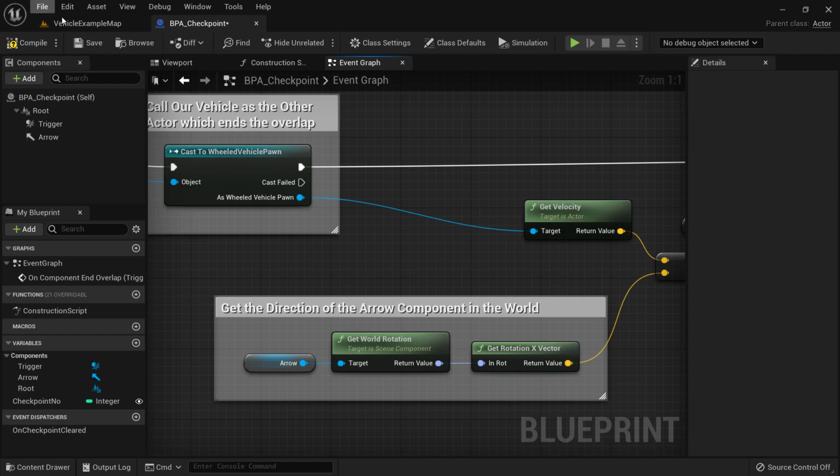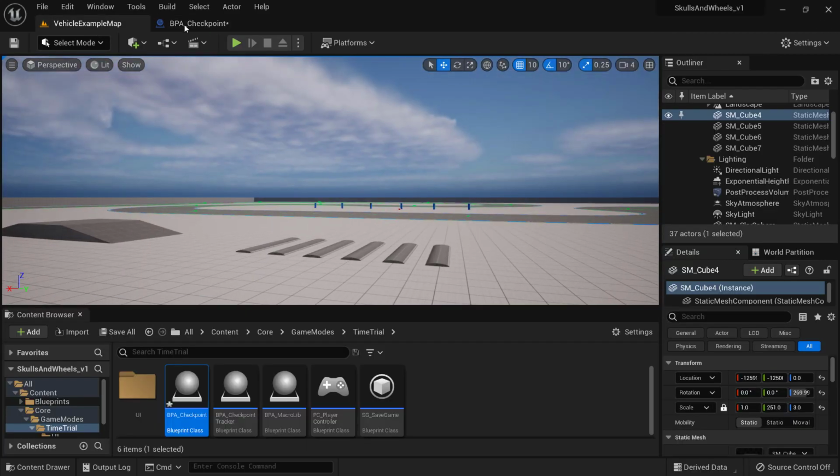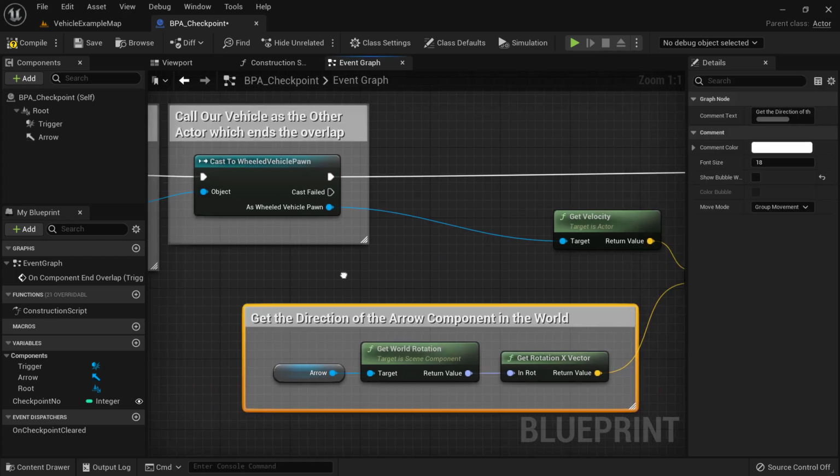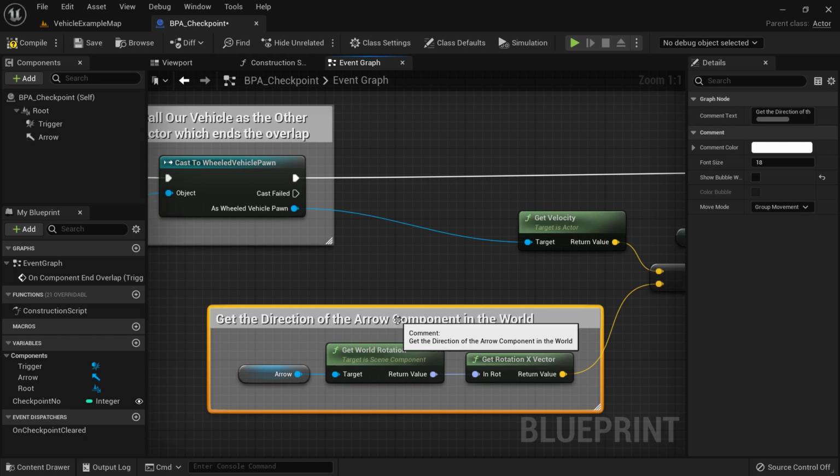World means this map space. So this will give us the direction of the arrow component in the world,